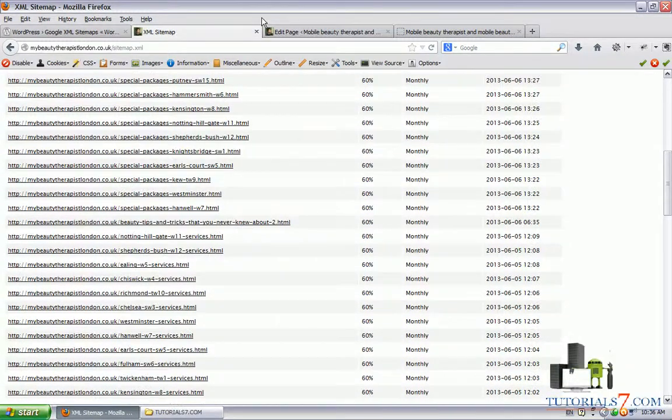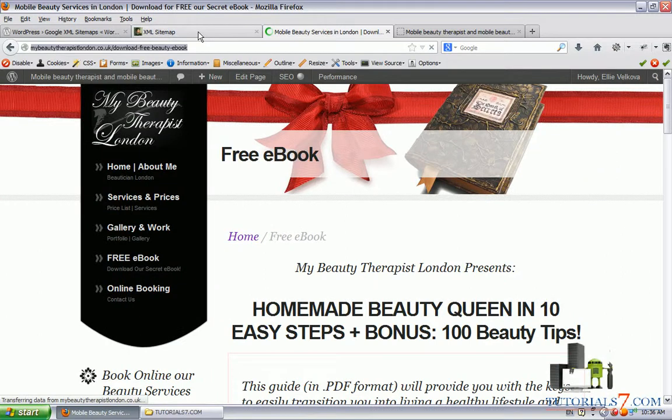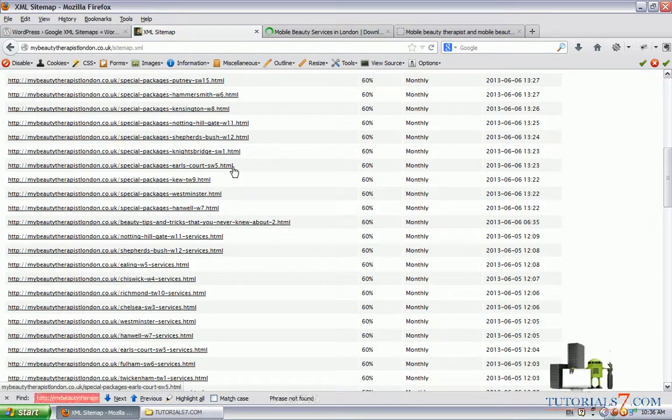Okay, so let's see whether this page is included in the sitemap. We'll simply check whether it's here. No, it's not here. So, for example, let's say we want to exclude this page.